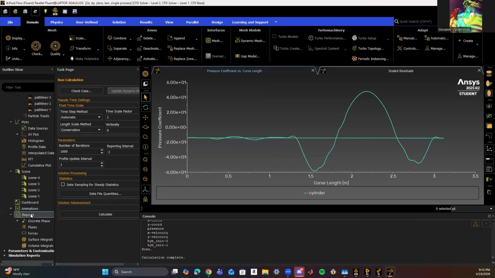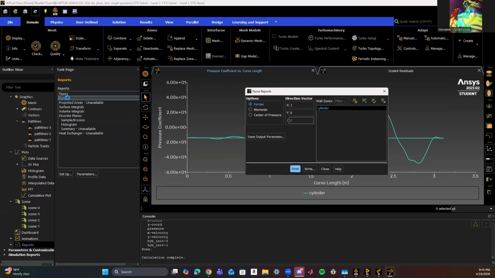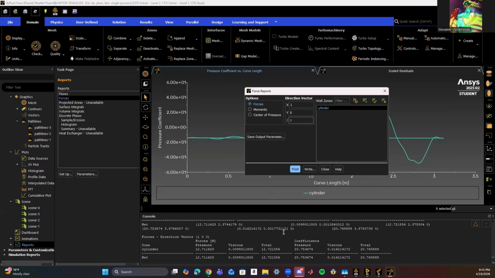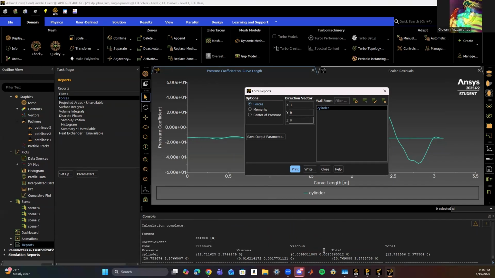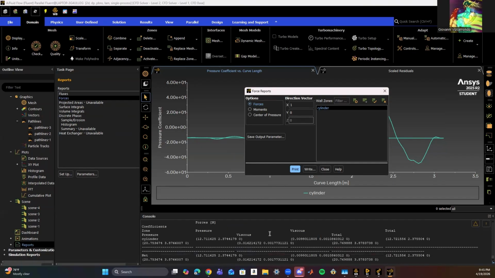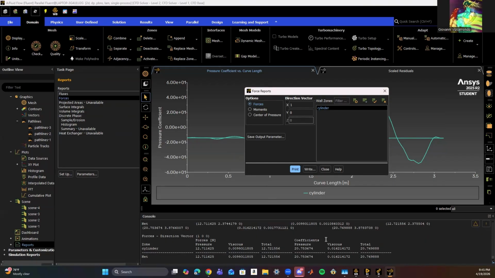We're going to go to reports, go forces, go print, and boom. That's what we're going to get for our coefficients. Boom. And again, Tyler said that this is correct,